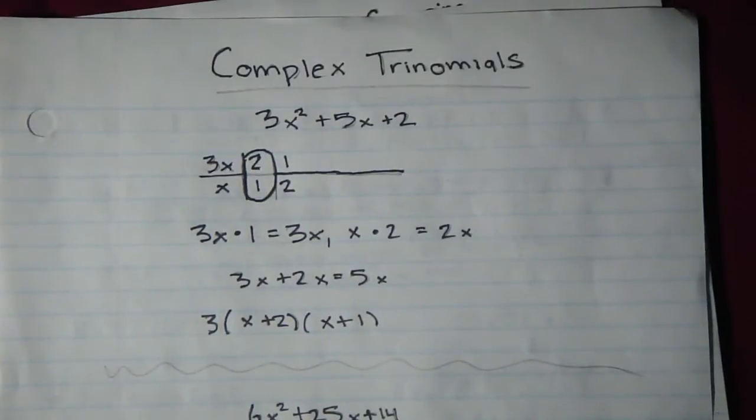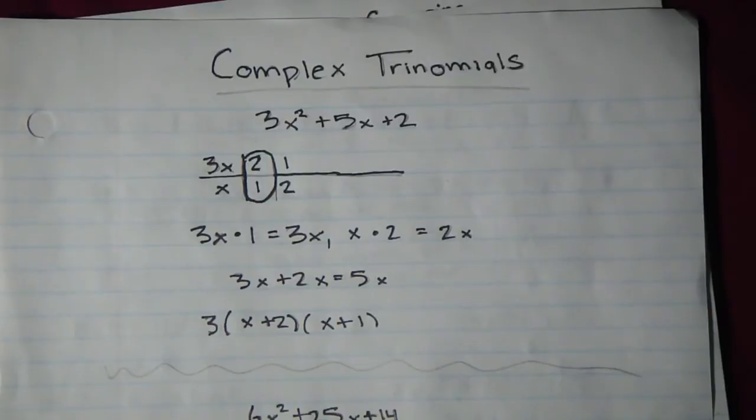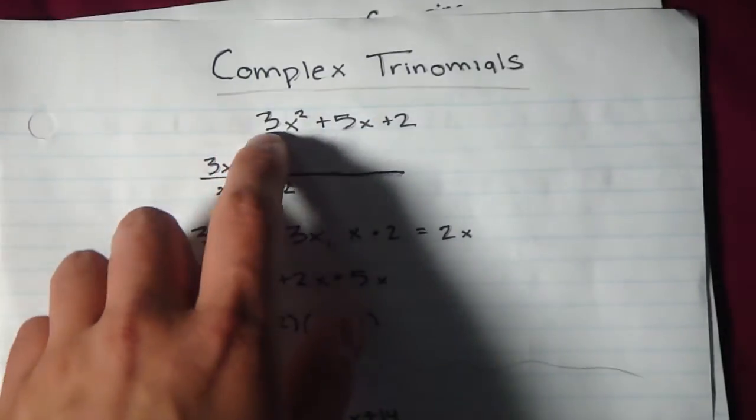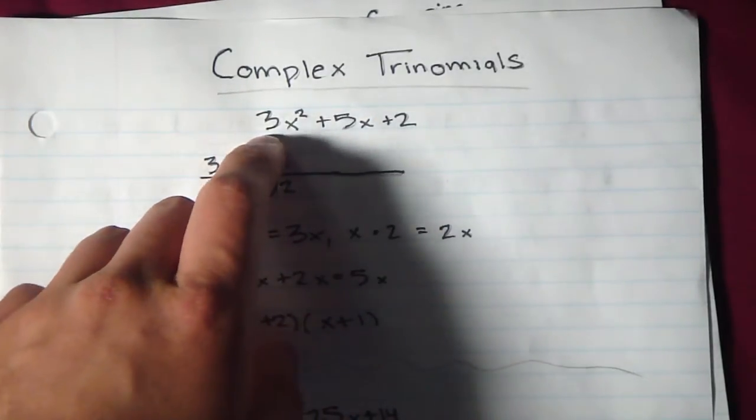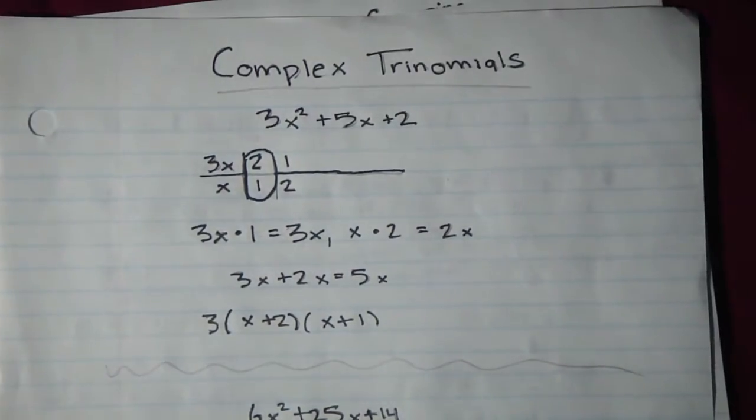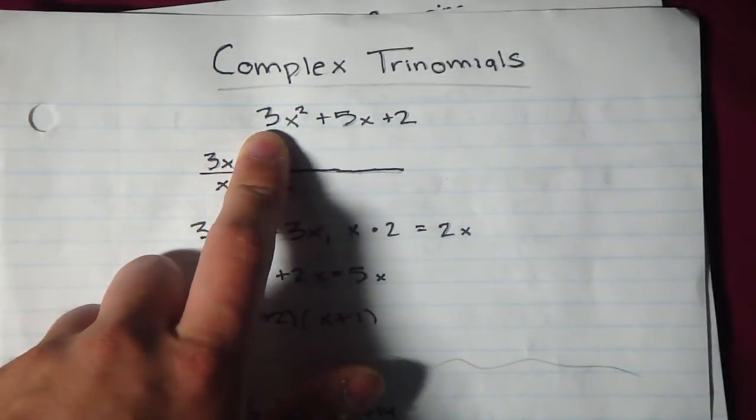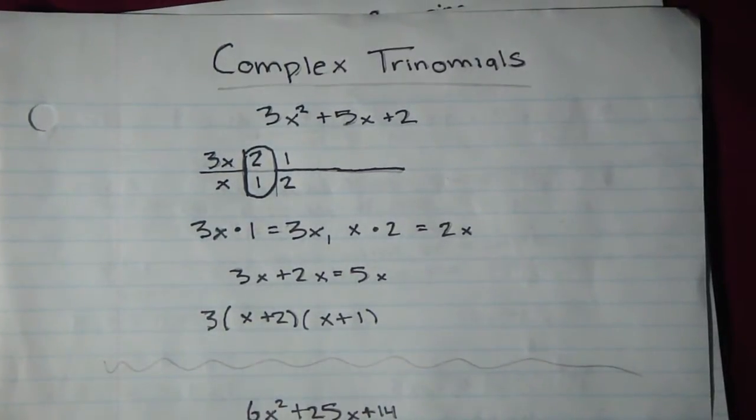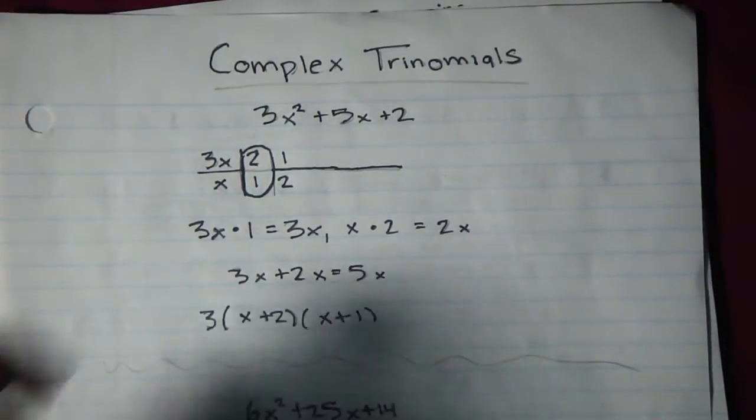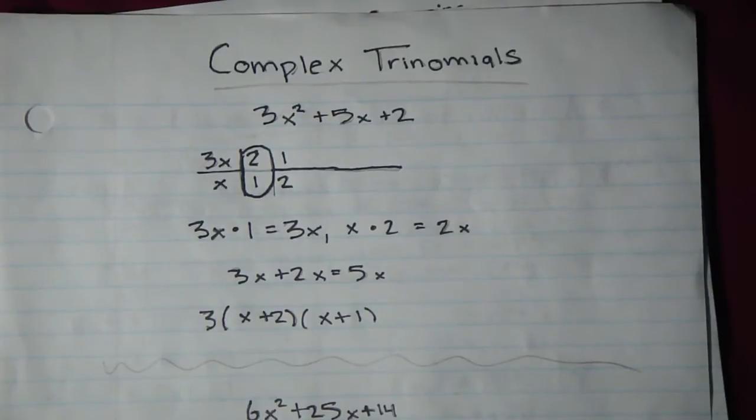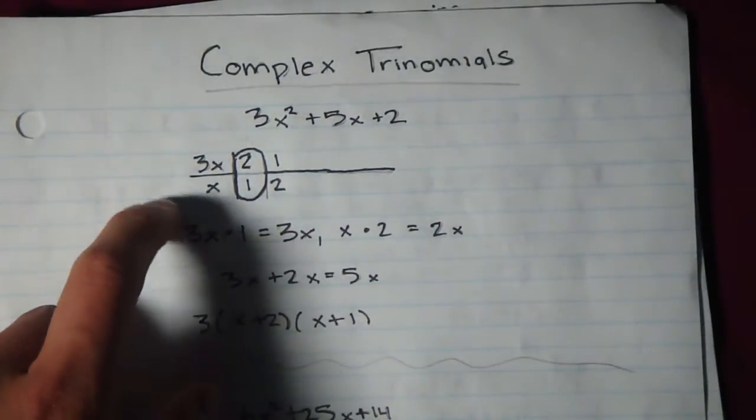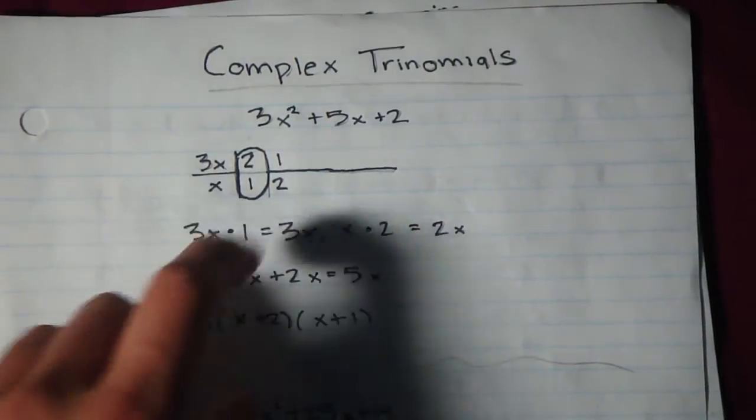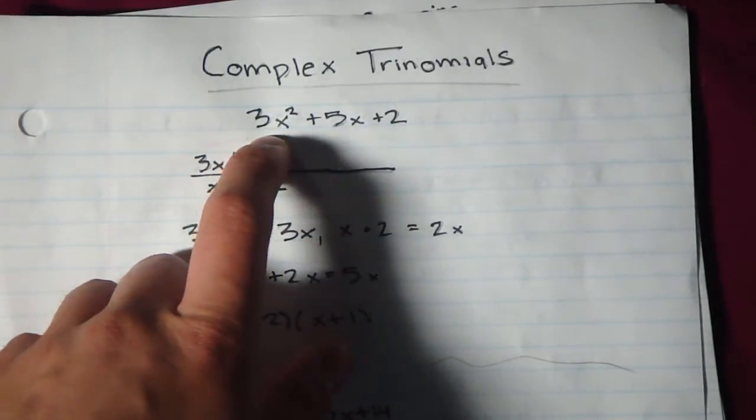Complex trinomials. As we looked at simple trinomials, we found out that there's a 1 here. In this case, however, complex trinomials have a coefficient greater than 1. Obviously 3 is greater than 1, so that makes it a complex trinomial. When we have a complex trinomial, we want to use a chart method. And the way we use a chart method is by finding out the factors of the x squared term